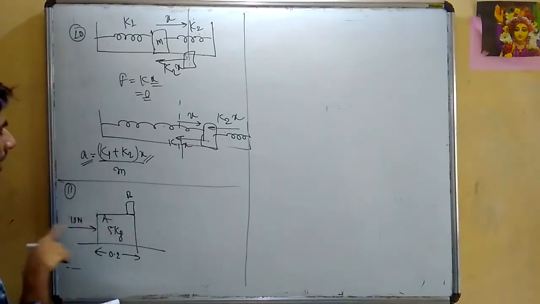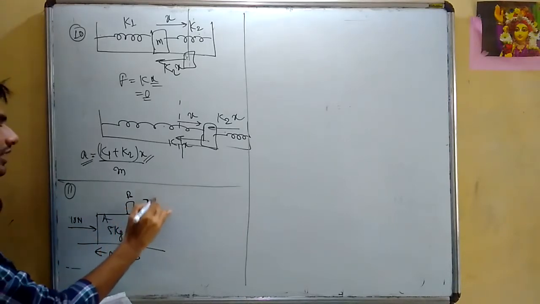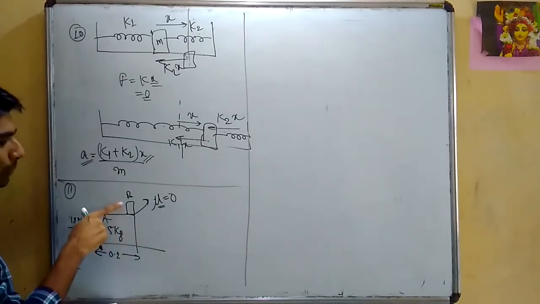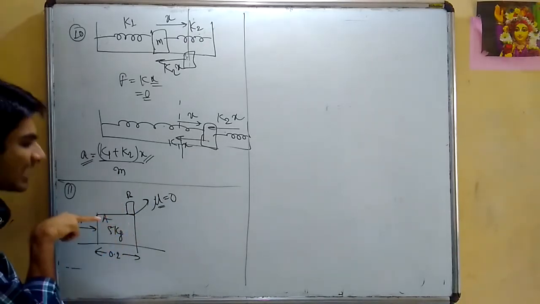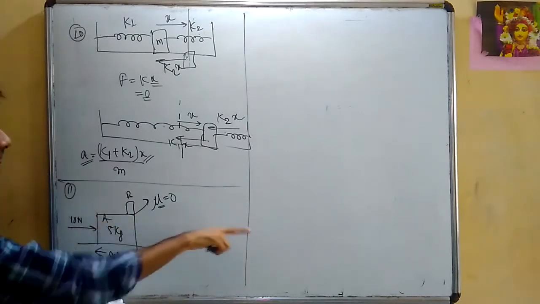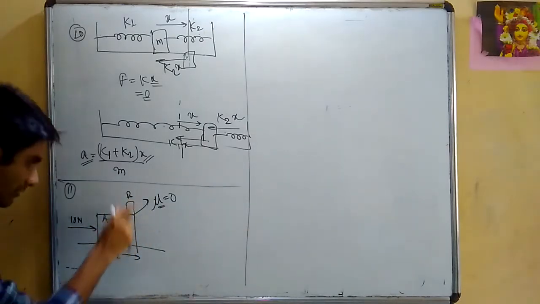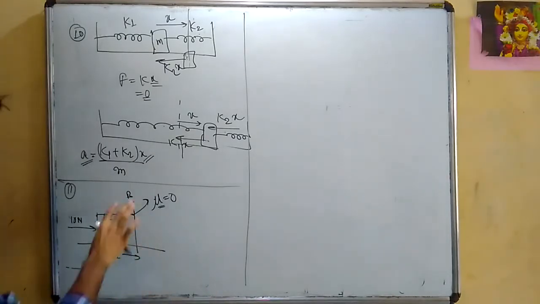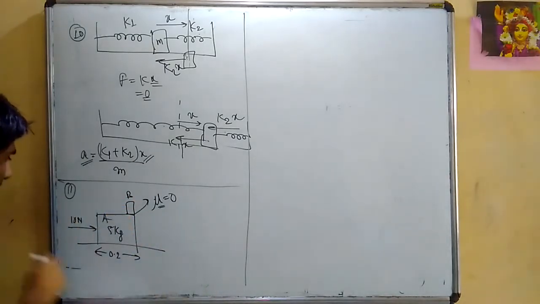What will happen is if you apply a force on A, because the surfaces are frictionless, that is mu is 0, coefficient of friction is 0, block B will remain here only, and the block A will slip under block B. This will just slip, pass away. Block B will remain fixed here only, and this will fall down once the block A has completely slipped down from under B. So, very simple question.